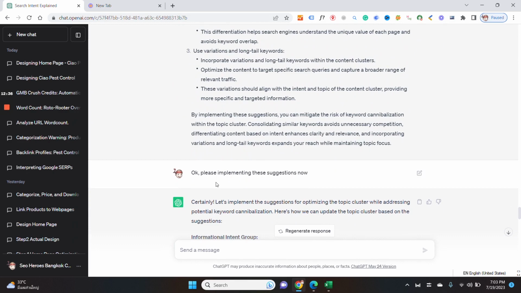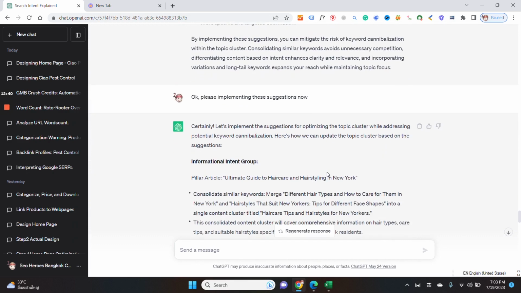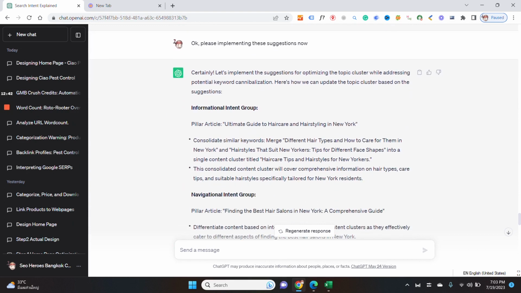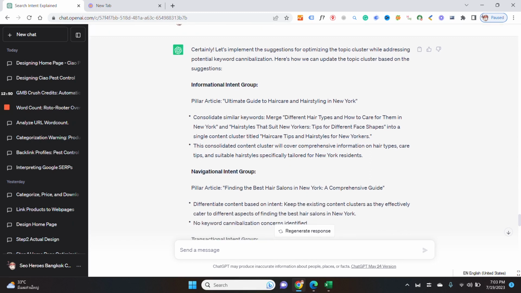And then I say, okay, please implement the suggestions now, and boom, ChatGPT is again reanalyzing the content from the previous steps and is now defining the final